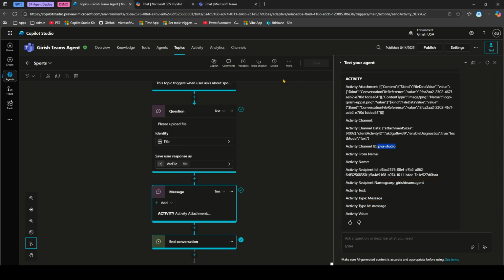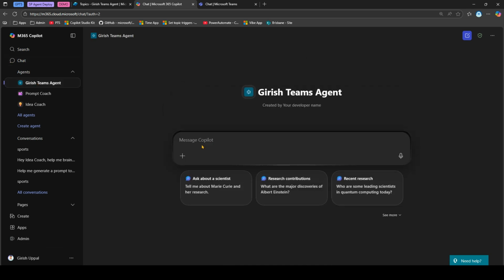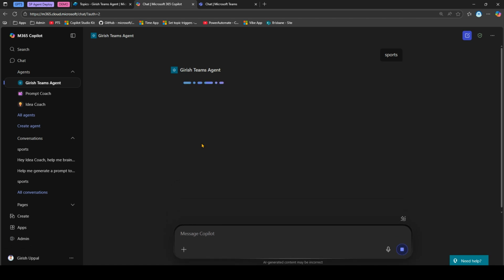Now I have deployed the same agent in Microsoft 365 Copilot. So if you see Microsoft 365 Copilot, I have deployed this agent. Let's go to Girish Teams agent and type in sports. Now it will again do the same thing. It will ask for a file, and you just go ahead and upload the file. Let me upload the same file,